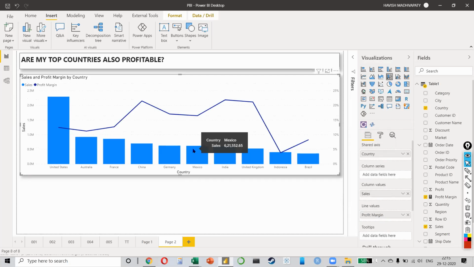So tell me, what is the interesting thing that you see about this data? We can see that the sales of United States are more, but the profit margin of China is much greater than the US. So from a top line sales perspective, US is the largest, 22 lakhs. China is much smaller at 7 lakhs. But if you look at the profit margin, United States is only 12.47%, while China is amazing. It's 21.51%, right? So which is more important?